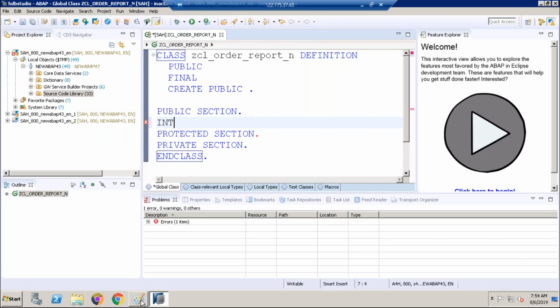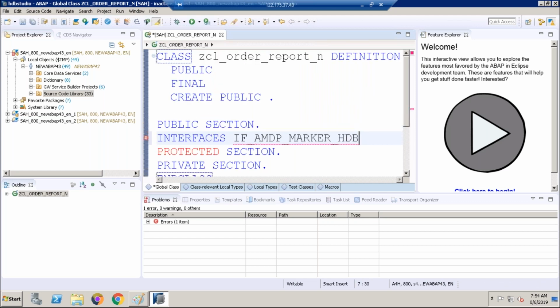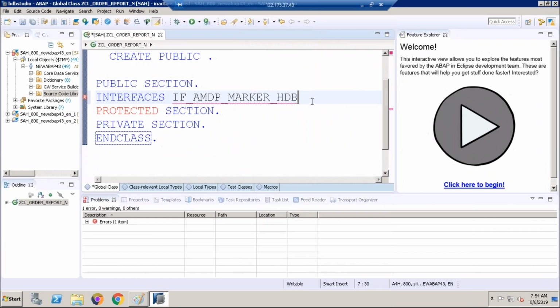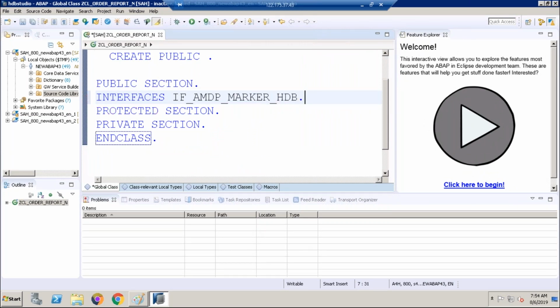So write INTERFACES, this is the syntax. In yesterday's class, I told you how to define your interface. INTERFACES interface name, IF_AMDP_MARKER_HDB. It's a super interface, guys, and it's mandatory. Without this, you cannot execute your AMDP program. You will find an error message there itself.